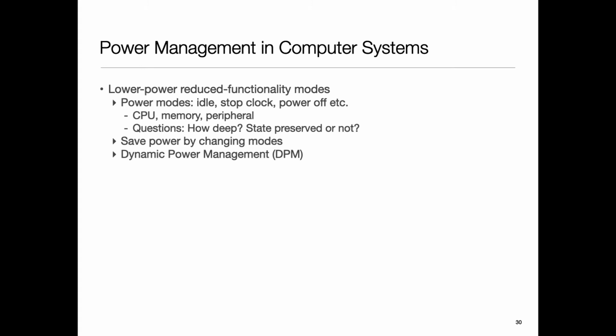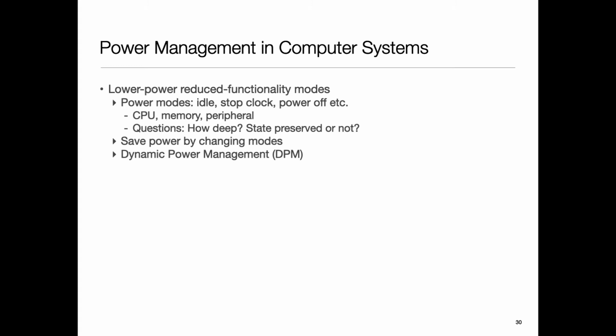Philosophically, it's good for a system to adapt its mode so that it only uses the power that it needs and does nothing else. If I'm not doing anything, I would like to put the system into some low power mode. If I'm very active, I want to go into a high power mode. Now this is where the security threat comes in, because I manage the power state based upon my needs, so someone who can look at the power mode knows what my needs were and can speculate about what I'm doing. It can begin to know something about my state. So that's where the deeper connection is.